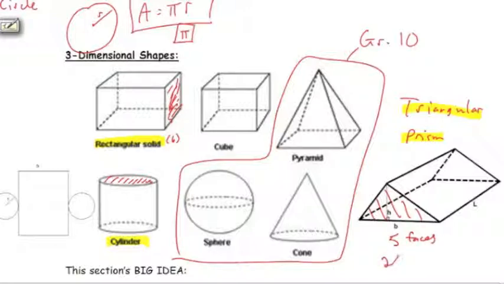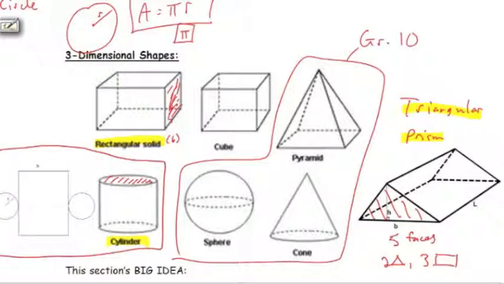2 of them are triangles, or the ends, and there are 3 rectangles. Okay, so the surface area of a triangular prism is just 5 areas all added up. Okay, when you're dealing with a cylinder,